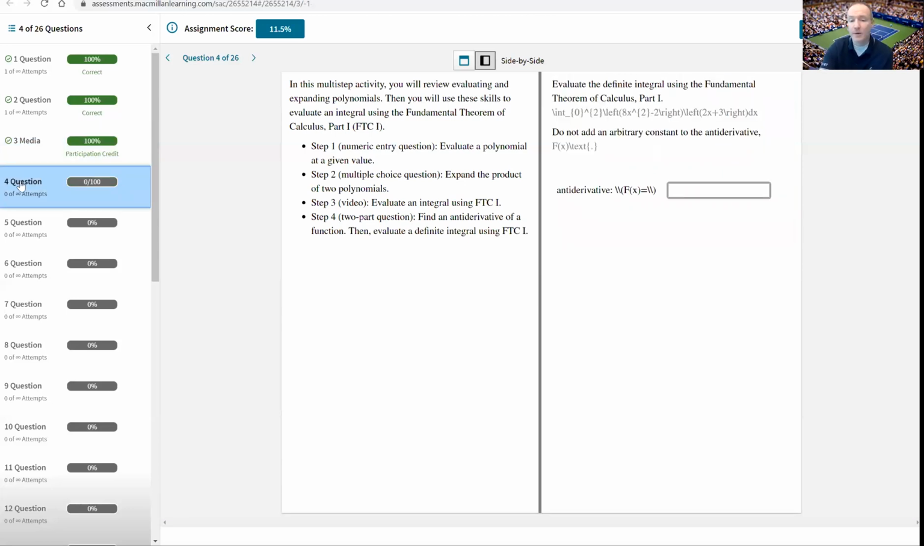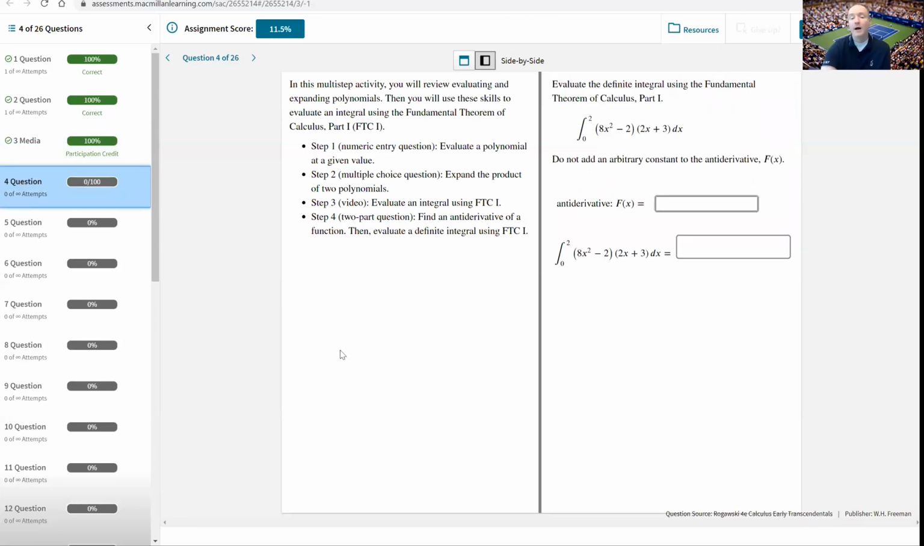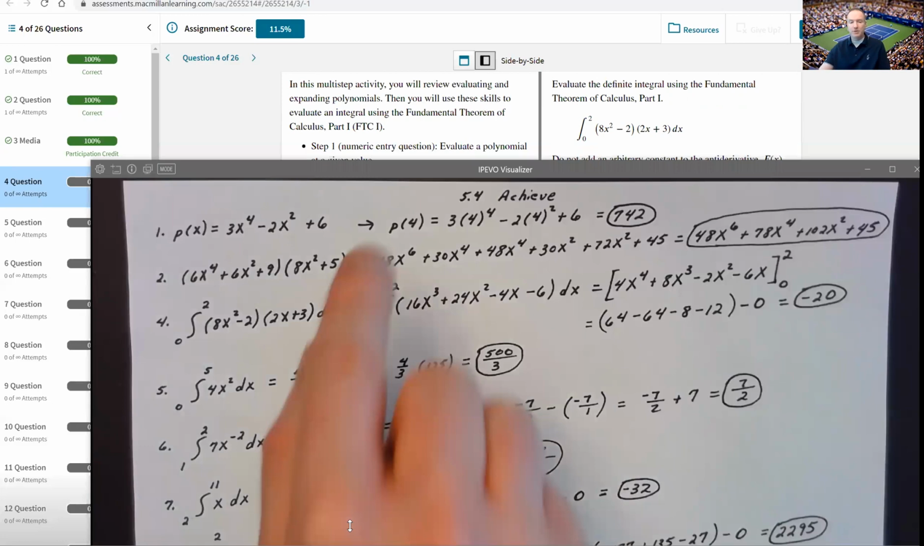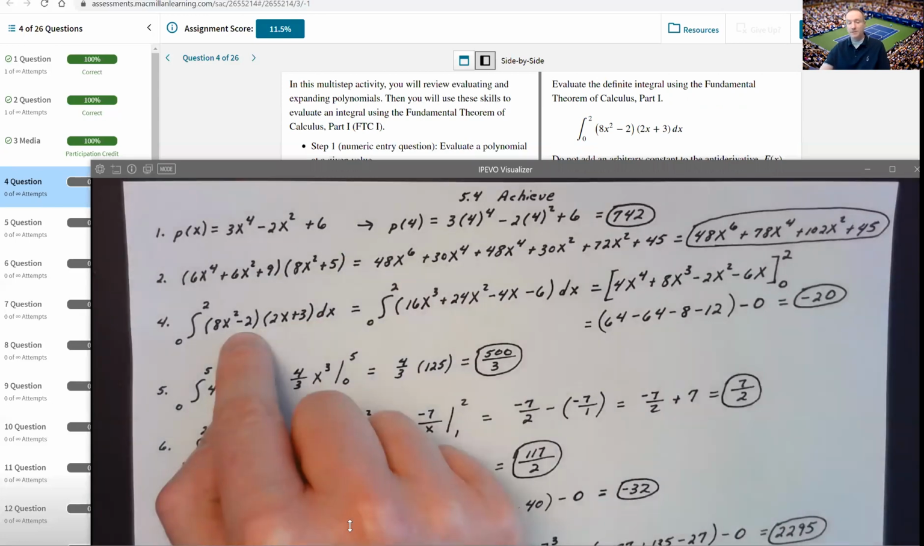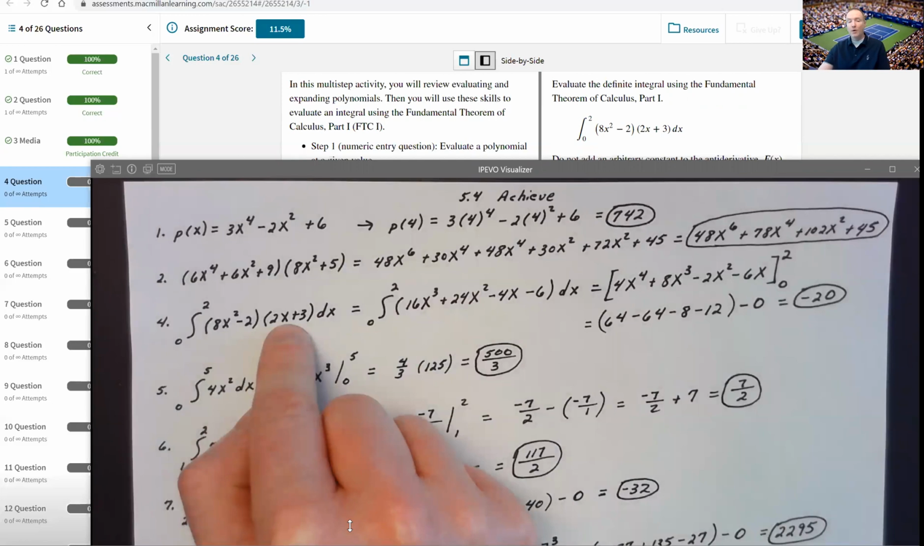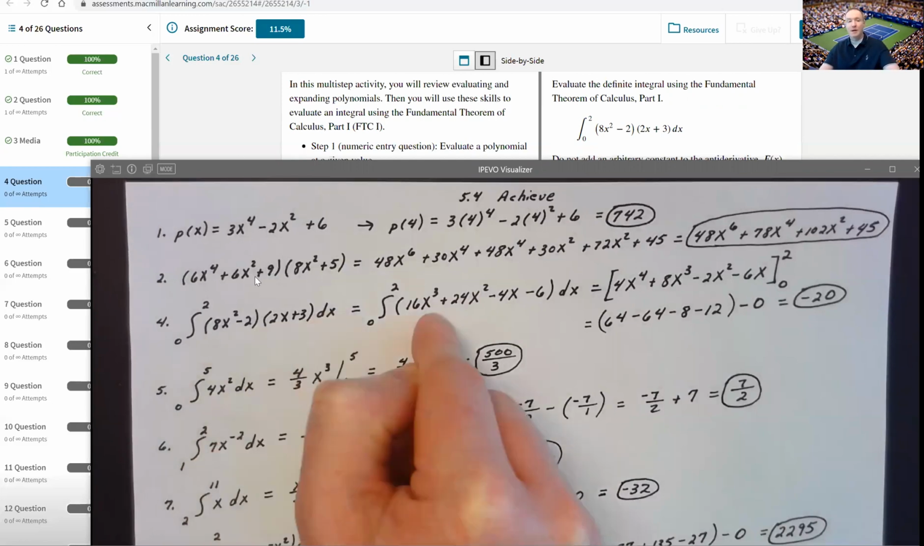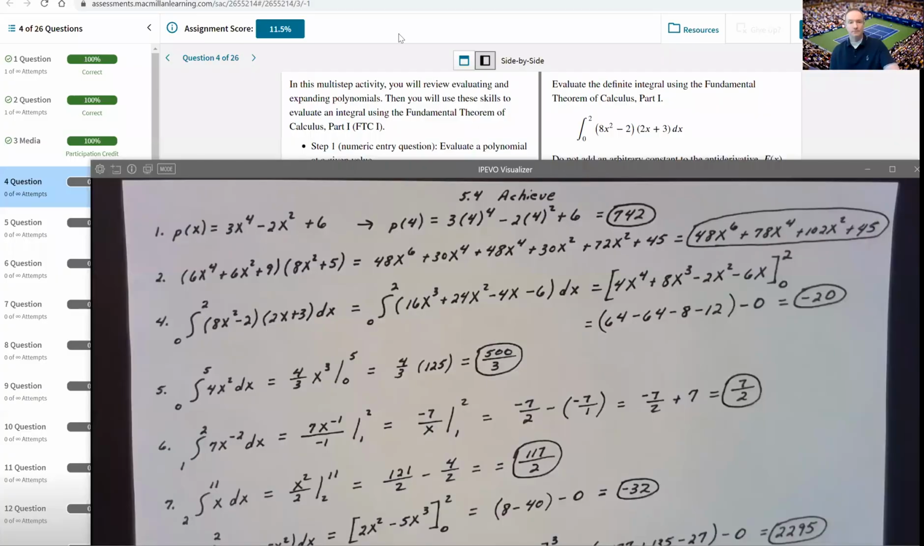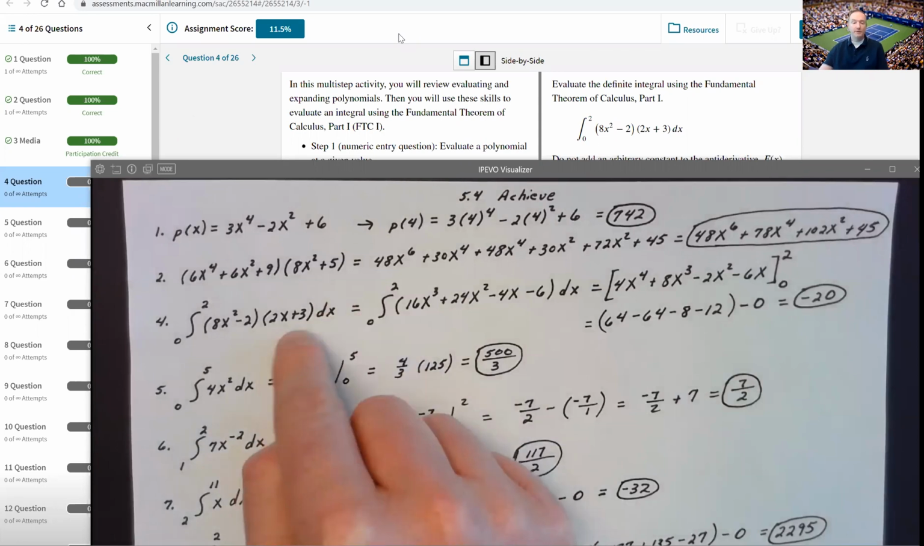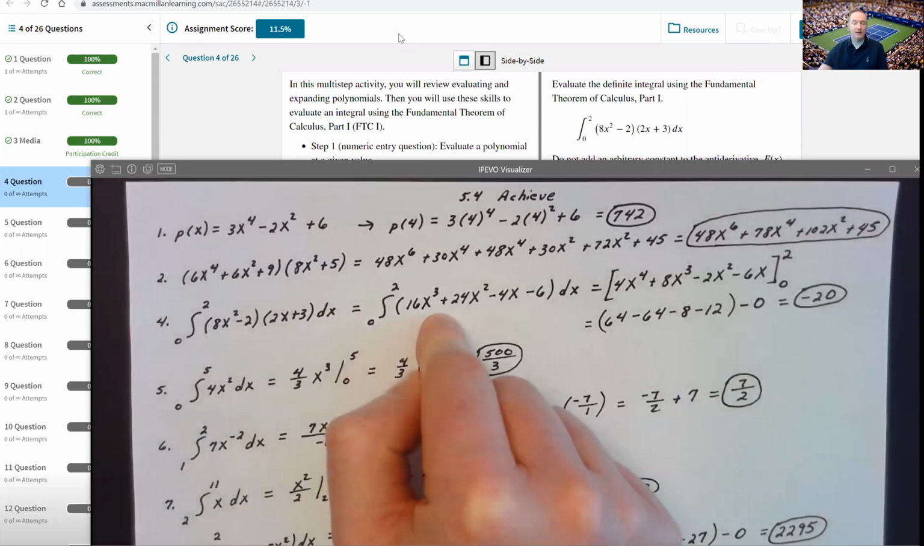Now, for the next problem here, we're doing a problem in which we have to carry out that multiplication before we do the calculus, the integration. So in this one, whenever I'm trying to work it, I can go in and say, well, I have to multiply out the two binomials, 8x squared minus 2 times 2x plus 3. Once you do the algebra and you FOIL out those polynomials,